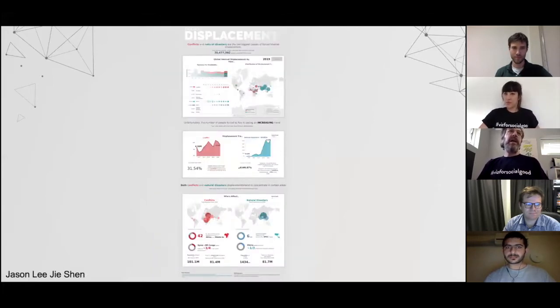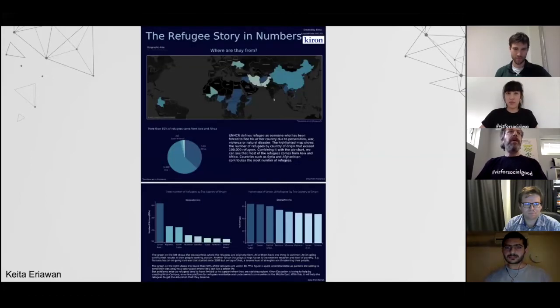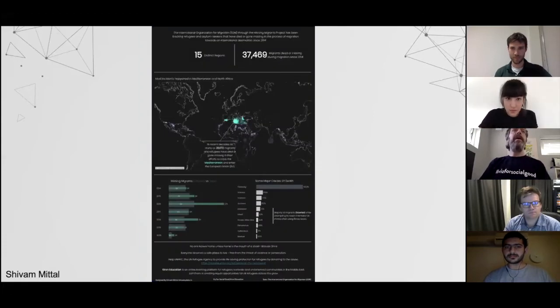From Jason Lee, another really detailed picture of displacement globally. Yasushi from Japan, another one really highlighting Kiron. Here's one from Keita, again putting global refugee stories in numbers. Shivam here has done some gorgeous work. It's not showing up brilliantly here, but if you see this close up, again, you see the full global story